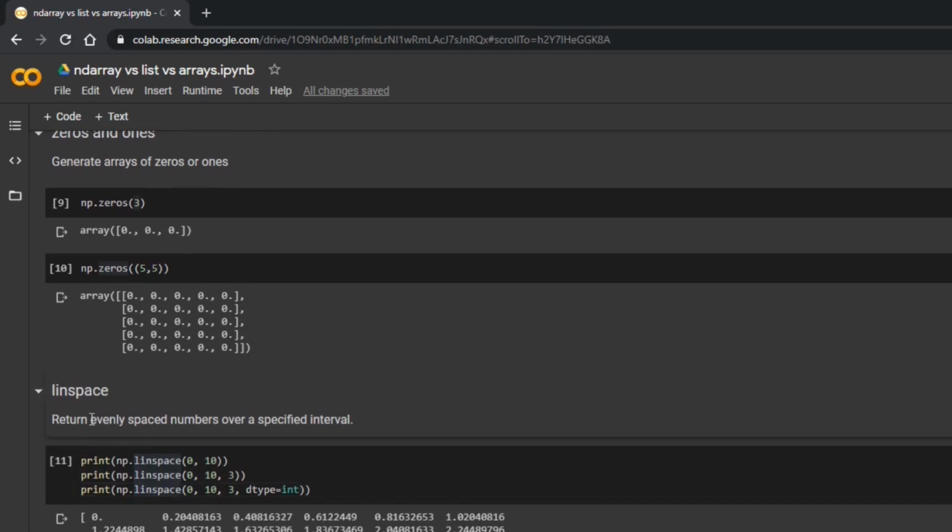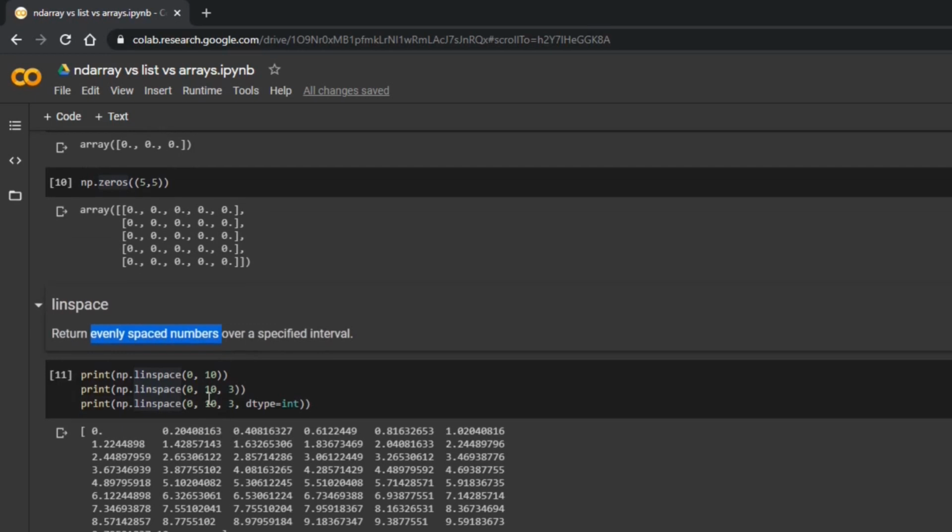It's really very important: evenly spaced numbers. So when I say 0 to 10, it will generate 50 elements which are evenly spaced. When I say 0 to 10, 3 elements, again those are evenly spaced. From 0 we have 5 and 10, so it is evenly spread. The difference between every element is 5, which is constant. Here the difference between each element will be 0.2040813. So that's how linspace works.